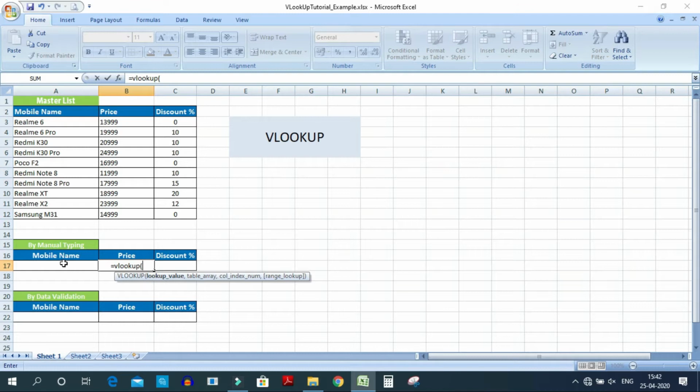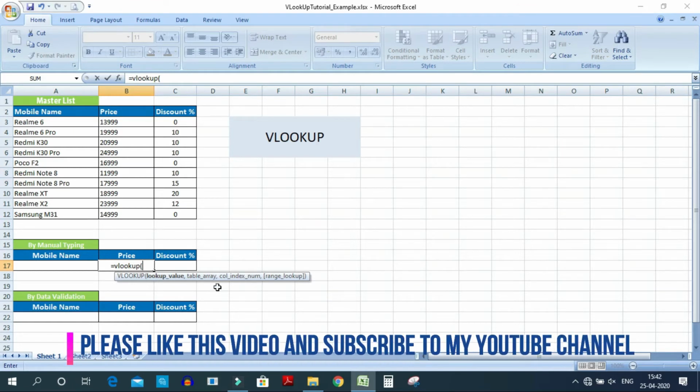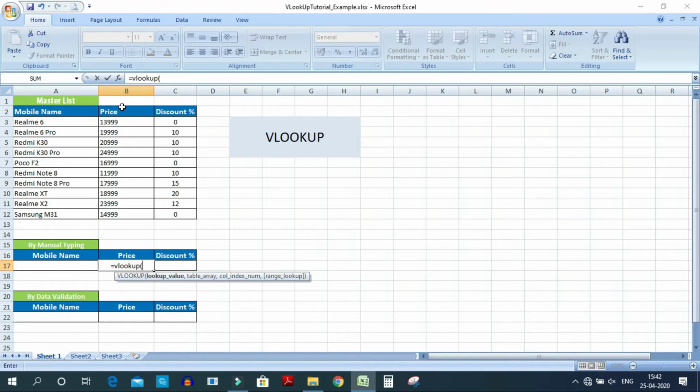Lookup value means we want to see the price of the phone, so that would be the lookup value. Table array means this is the main master table, so from here we will get all the data. Column index number means here we can see the price is in column number 2, so we need the data of column number 2. Similarly, discount is in column number 3, so for discount we will need the data from column number 3.